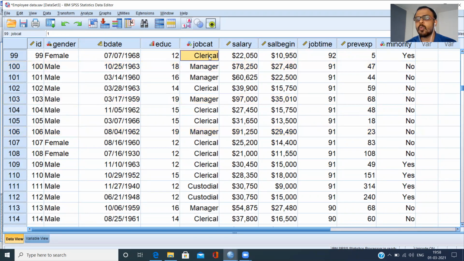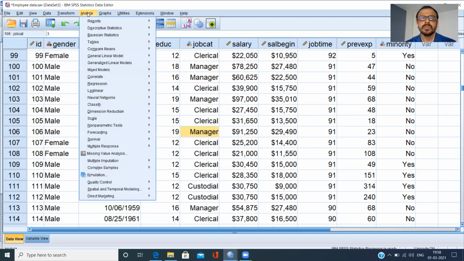Now, this is what is called a one-dimensional outlier, because I've just taken one particular variable to assess whether a particular case is an outlier or not. What would be very interesting would be to do a deep dive analysis and check for each of these categories. As you can see here, there is the clerical category, managerial category, and custodial category. For each of these categories separately, are there outliers? That's a very interesting study to do.